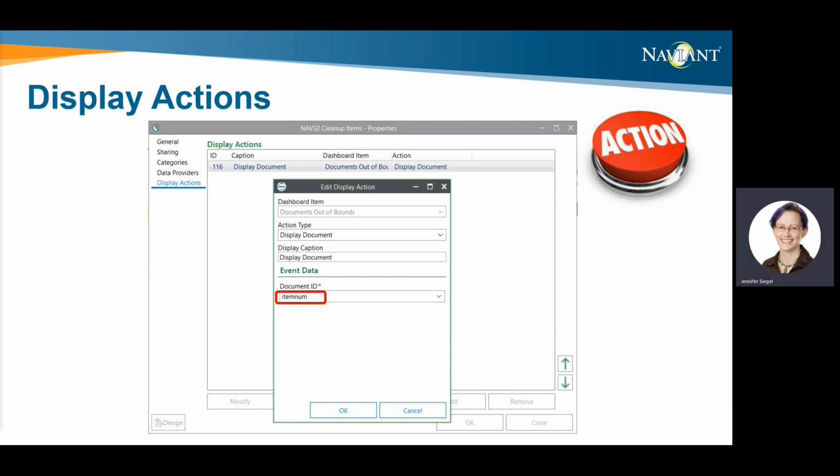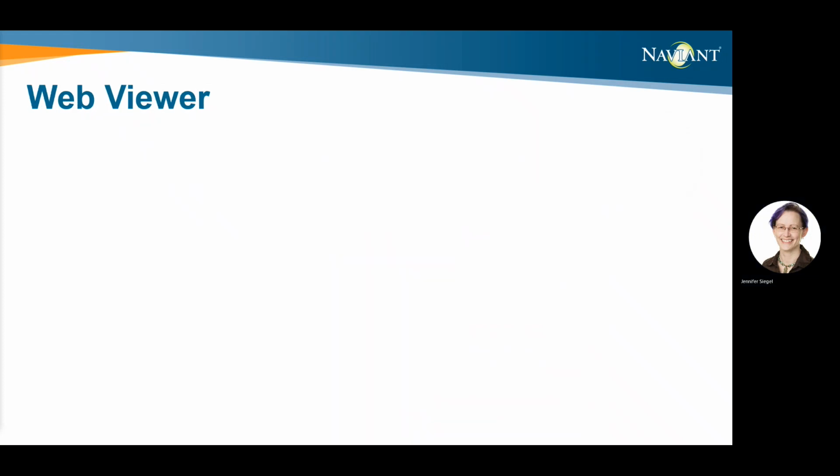And then as a side note, display actions will not trigger in design mode. So if you're configuring it on the back end and you can't figure out why when you're in design and you double click on a thing, it's not opening, it's because it won't trigger in design mode. So you configure it on the back end and then switch back to the gallery and then it will trigger.